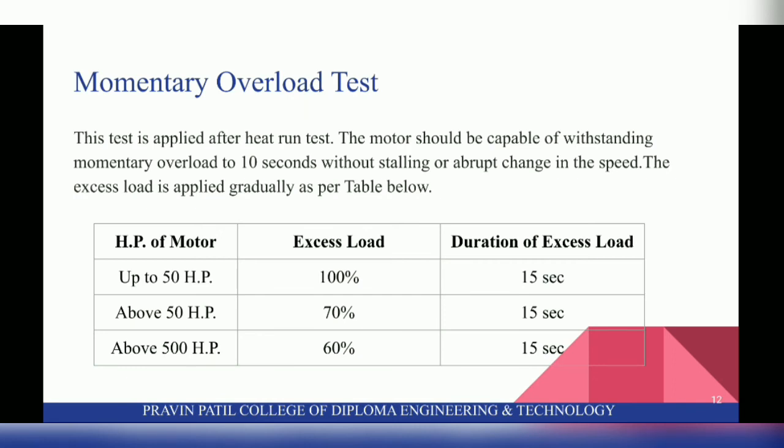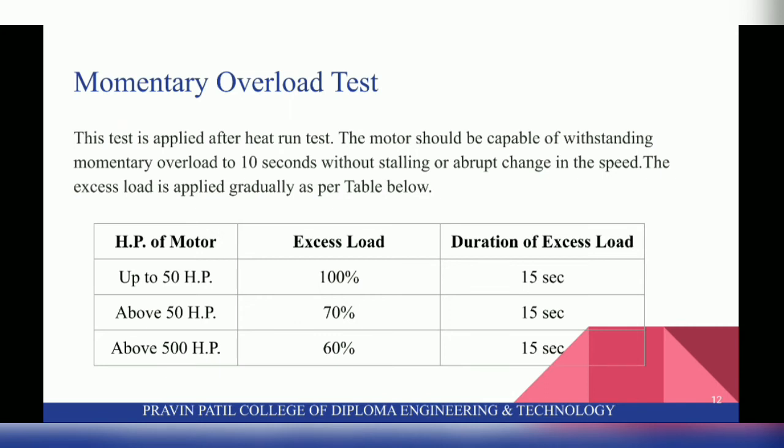Next test is momentary overload test. So this test is applied after heat run test. The motor should be capable of withstanding momentary overload for 15 seconds without stalling or abrupt change in the speed. The excess load is applied gradually as per the table below. So this is the table, in which HP of motor is up to 50 HP.